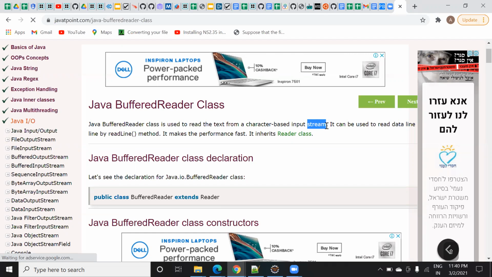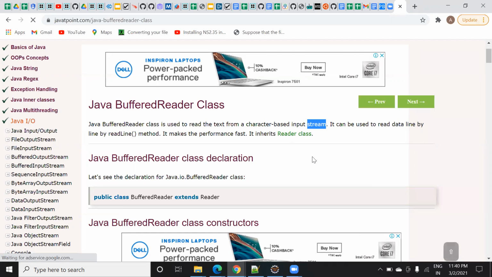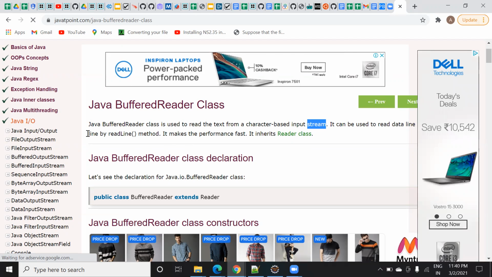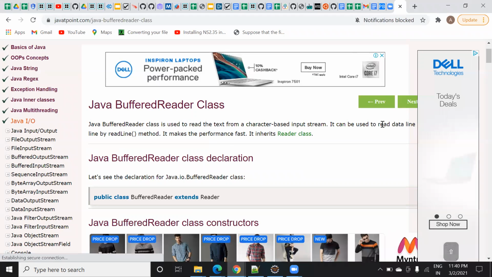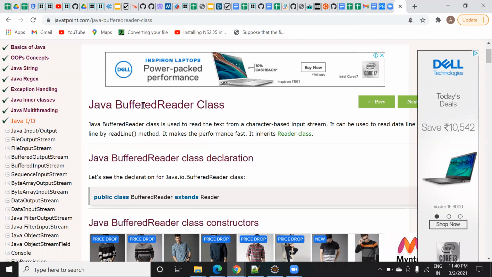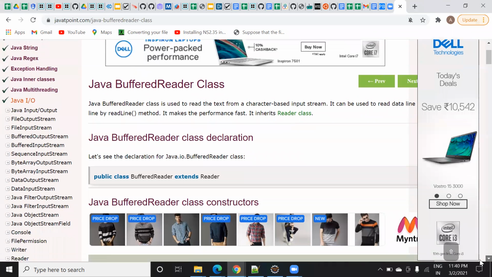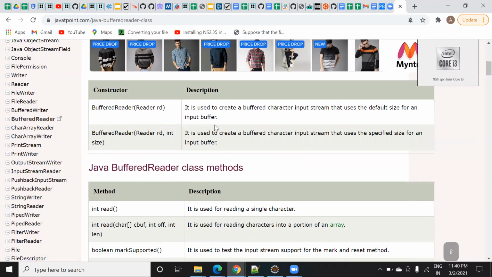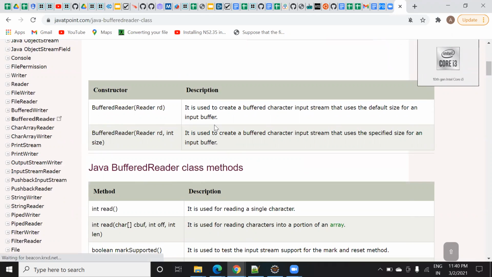So it is used to read data line by line, not as we did with a scanner. In a scanner, we read input from a user, or in an array we read a set of characters. Here readLine is where we read input line by line with the help of BufferedReader. Let me give you an example. If you use this BufferedReader, it buffers, meaning it saves the data in memory in the form of a buffer.